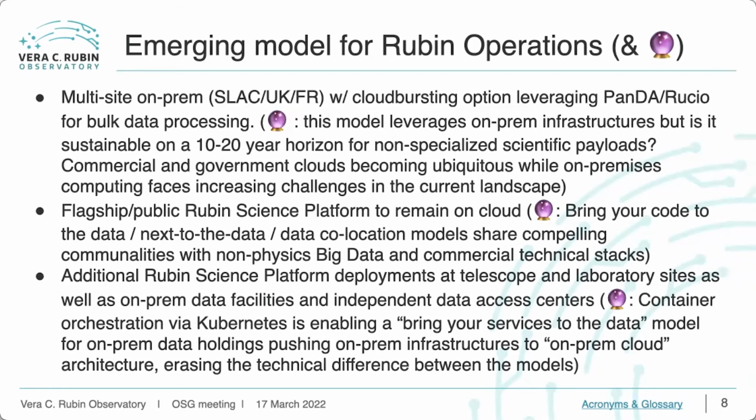We have also been looking strongly at this whole service collocation with the data. So if you have multiple data centers, say in France, in the UK, and the US, instead of trying to get the data all back together in order to serve it or trying to federate it, you deploy services at each site.